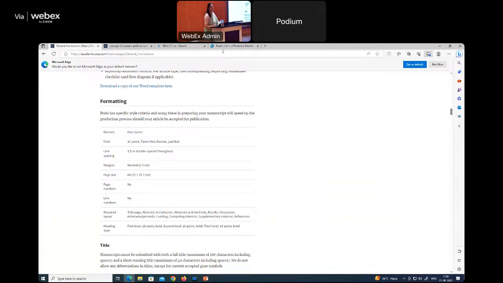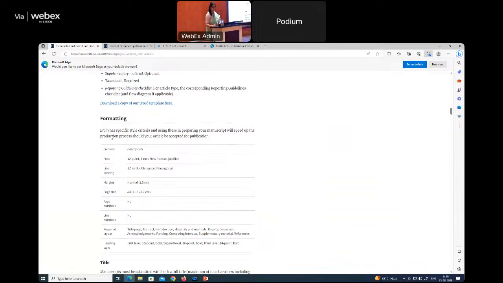So most journals have this option of LaTeX. It's spelled as LATEX, but it's pronounced as latte. The entire template, most journals have that option. You can download the template, and all the author has to do is type his work. It will automatically do the formatting for you. It's not a word processor. It just makes you focus more on your research than on beautifying your article. That is what the latte template does.